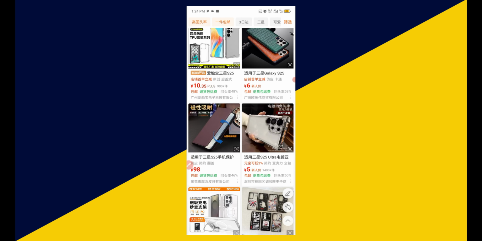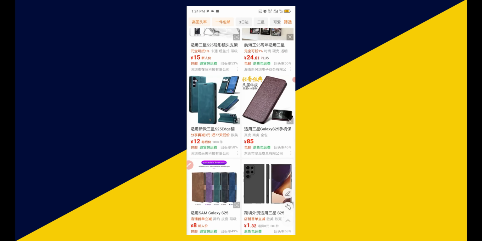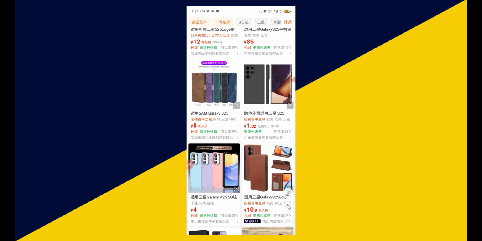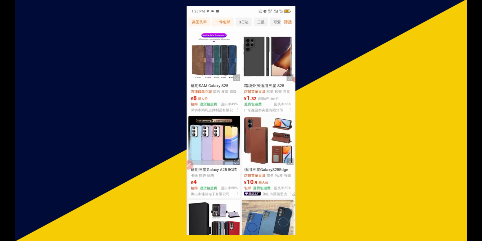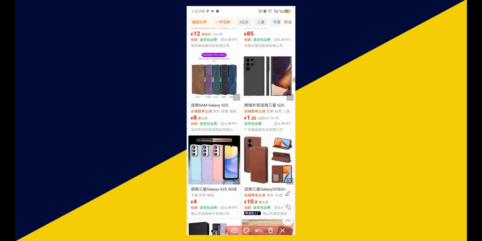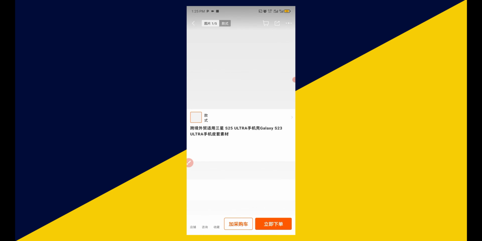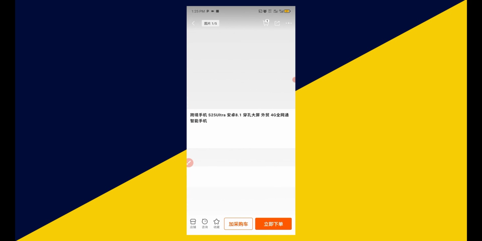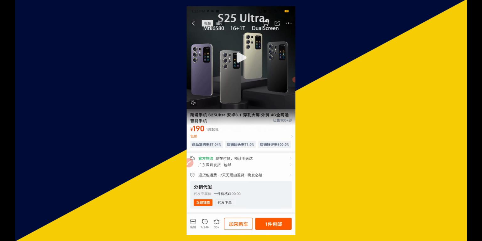for a phone on 1688. Like I said, the more you scroll down, the more different products will load up. Let's say, for instance, I want to contact this particular supplier right here. What we want to do is to click on the product link. After you click on the product link, allow it to load up and it takes you to the product